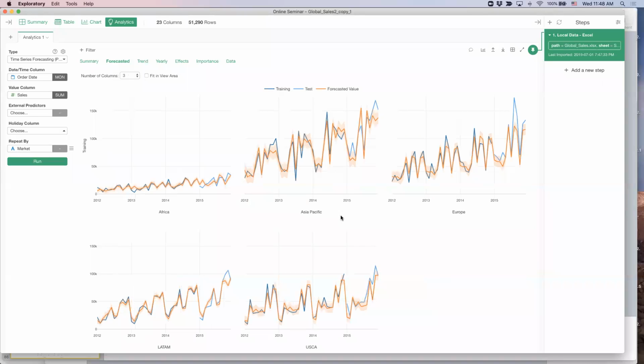Another cool thing here is how much of the difference there is between the model and the actual data. In other words, which market is easier to forecast? And if the orange line and the blue lines